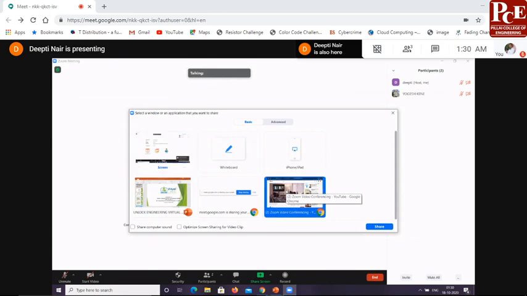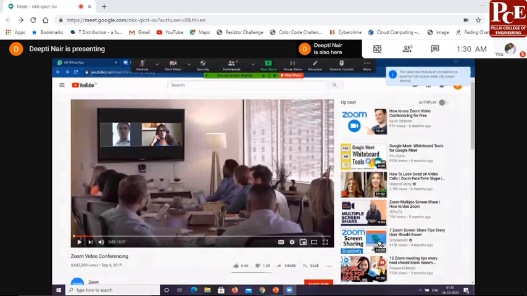Always remember, if you want some sound or some video to be shown to the participants, once you select the YouTube, you can see there are 2 check boxes here: share computer sound, and optimize screen sharing for video clip. Please tick on these 2, then only the video will be audible as well as visible to the participants. So select that and then click on share. And then you can play it.